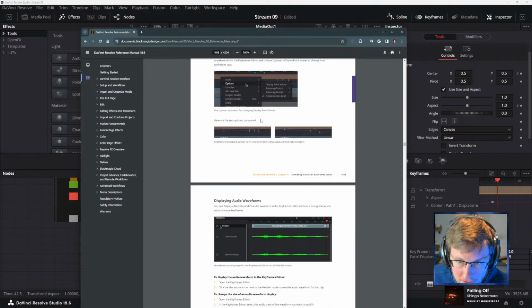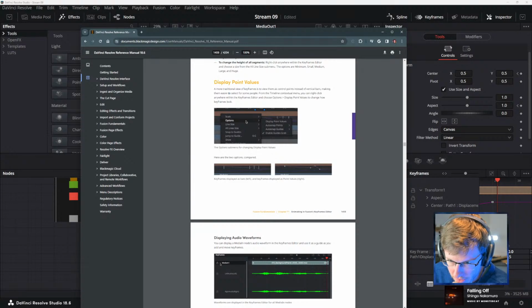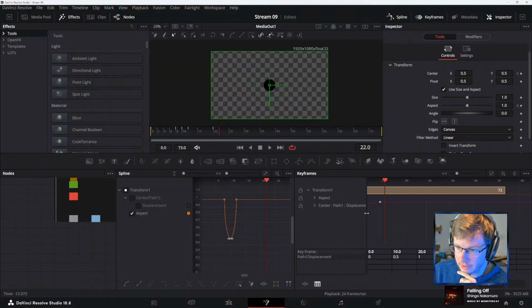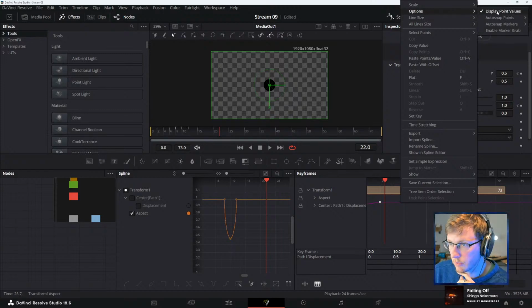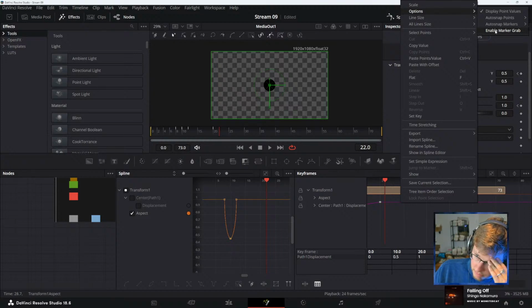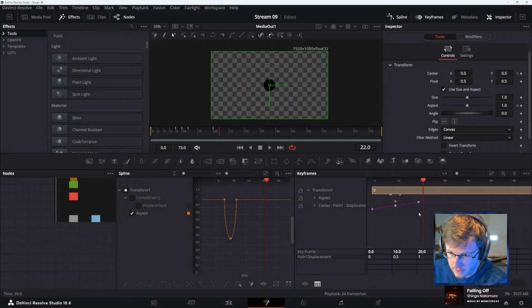Display point values. So that was display point values. You can right click and go to options and do display point values instead of enable marker grab. I don't know what the marker grab thing is. Doesn't make any sense for me.